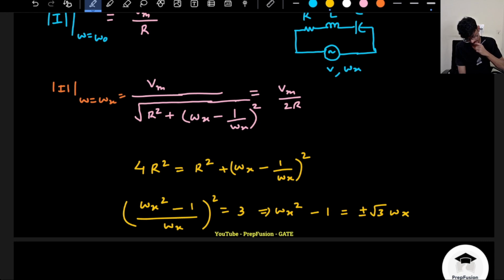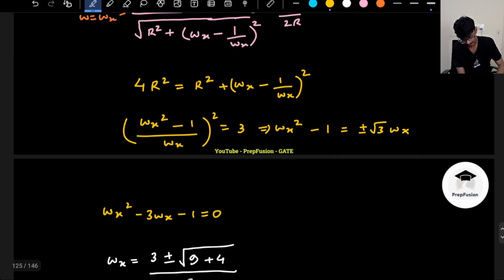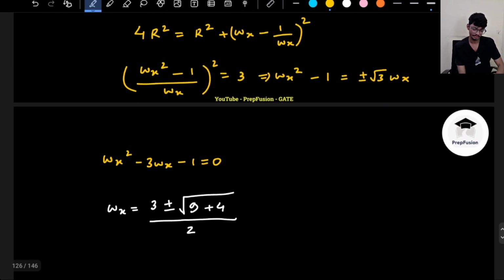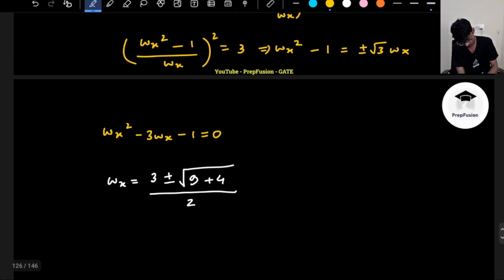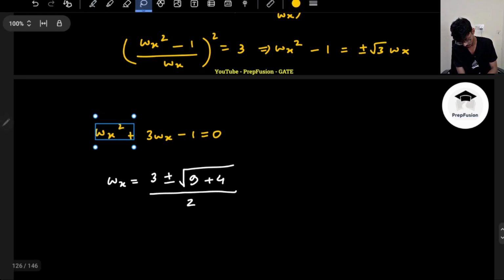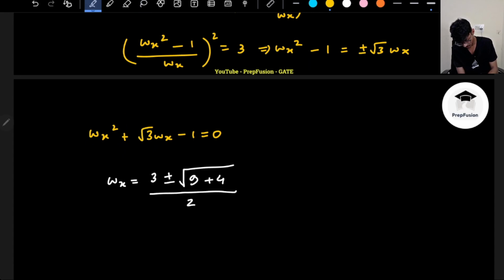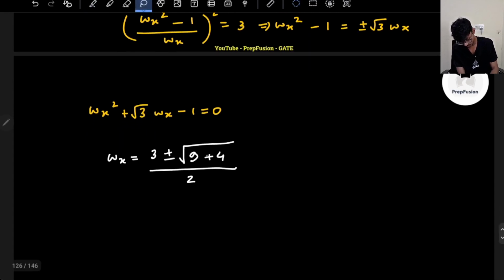If I choose this negative, here you cannot conclusively say, so we will discuss. Here I am getting two solutions, plus minus under root omega x. Okay, so let us solve. Let's first solve for the plus omega plus under root 3 omega x. So the equation will become under root 3 omega x minus 1. So ultimately this will be minus b